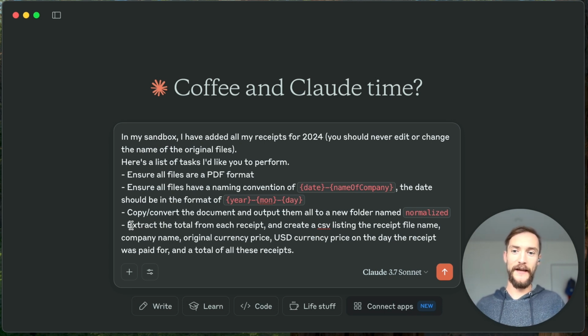And then lastly, I wanted it to extract all the total amounts from the receipts and create a CSV file with the information about each of the receipts. And I had to add a little bit more information in here because I had to do some currency conversions at the same time. So it just made things a little more complicated, but it's interesting to see how Claude